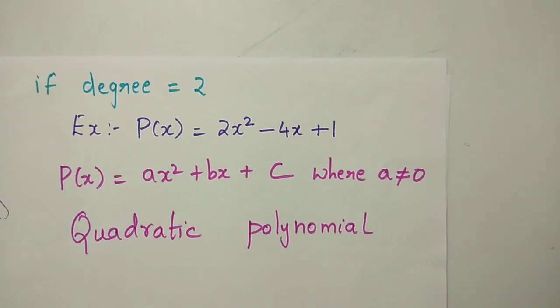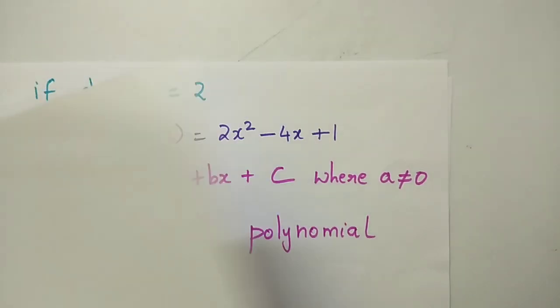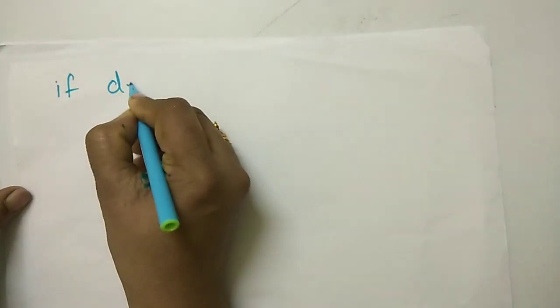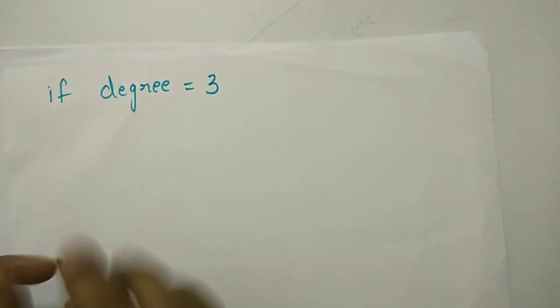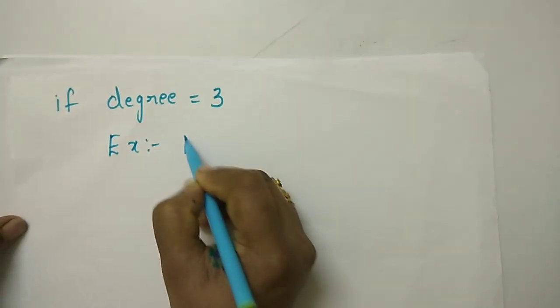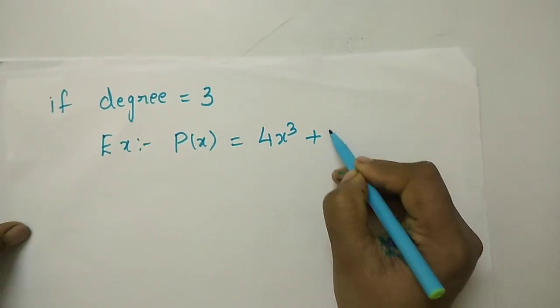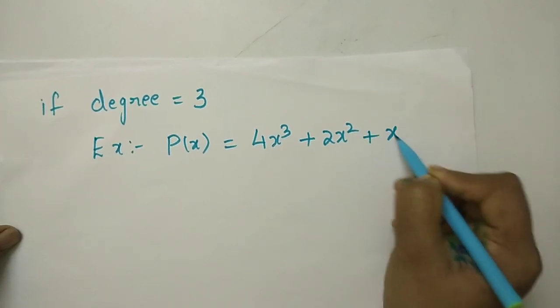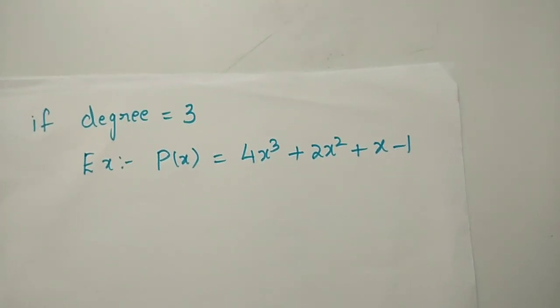quadratic polynomial. If the degree of a polynomial is equal to 3, for example, p of x equal to 4x cube plus 2x square plus x minus 1, then the general algebraic expression of the polynomial will be